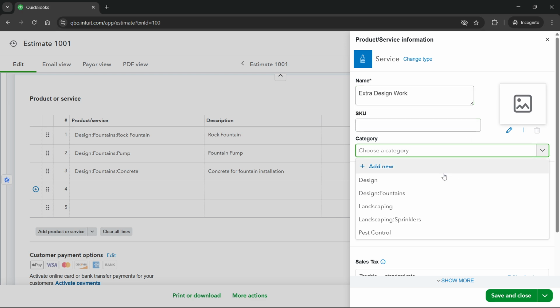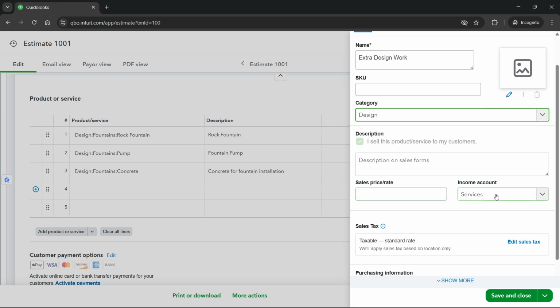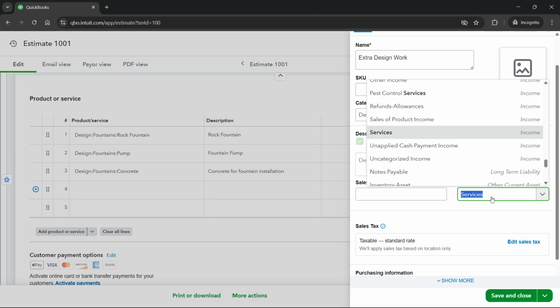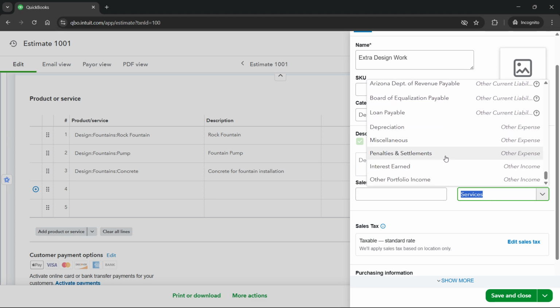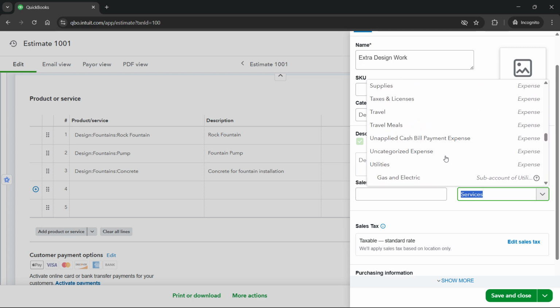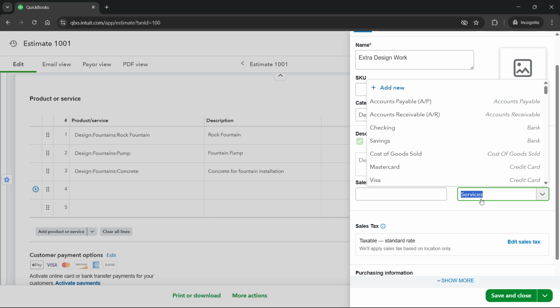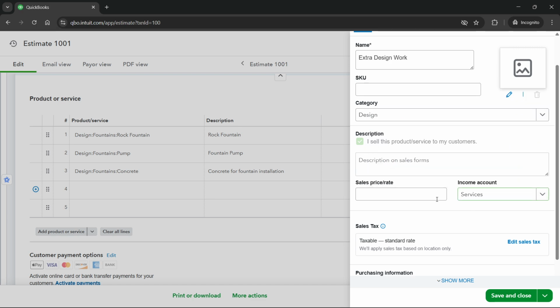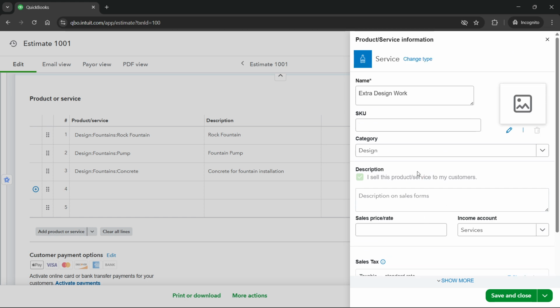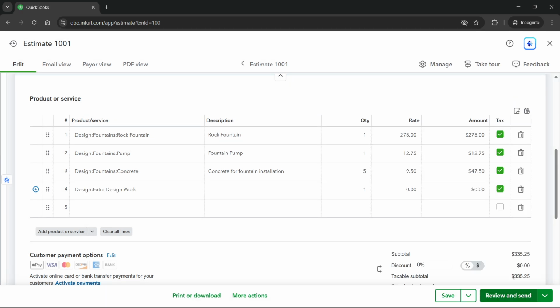Then you have to put it into category as well, and of course you also have to put in over here where you want to put the income account. So I'm just going to go and select a random one over here. For your case, of course, you must select the one that's actually relevant to your case. Actually, we're just going to leave it like it is over here under services, and yeah, that's essentially it. Of course, you can add descriptions, SKU, whatever. Okay, for now I'm just going to click on save and close, and it's going to allow me to save